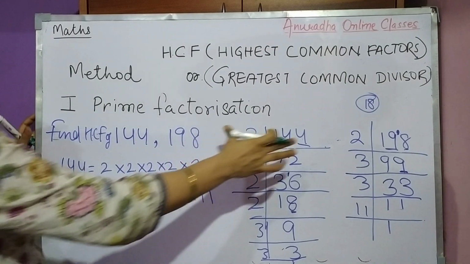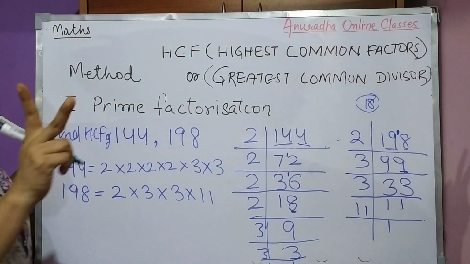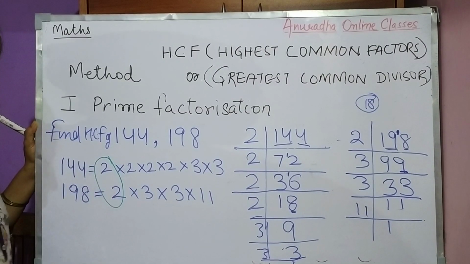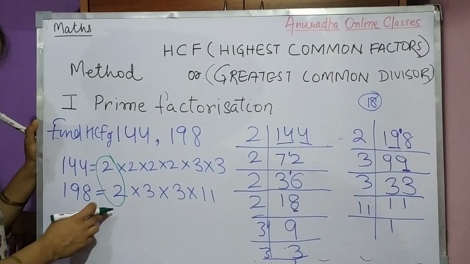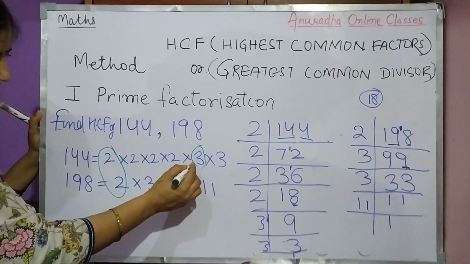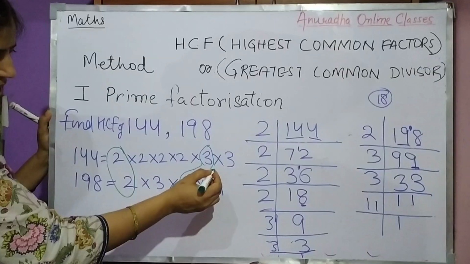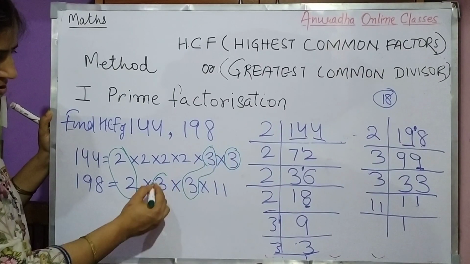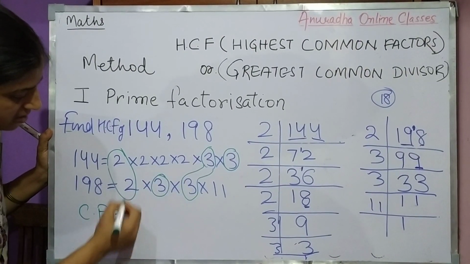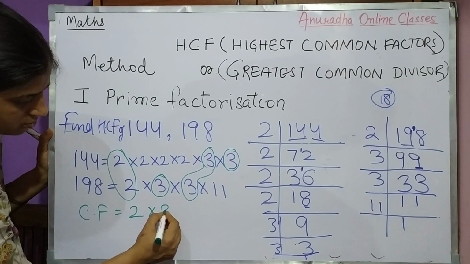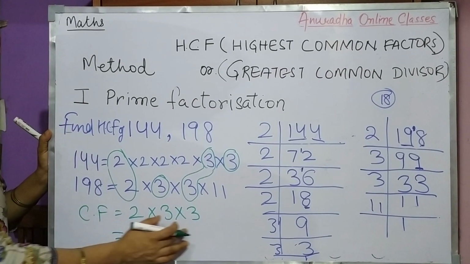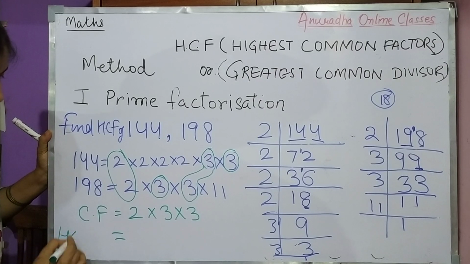Firstly, you have to find out what are the factors. Second step is you have to find the common factors. See the common factor, दोनों में जो आता है. Then here 3, yes, 1 3 is there, and this 3. Okay, and one more 3 is there, and this 3. Means common factor आपको क्या क्या मिल गए? Common factors are 2 into 3 into 3. That means you have to multiply it, then you will get the HCF.